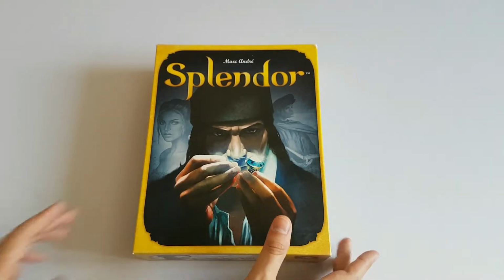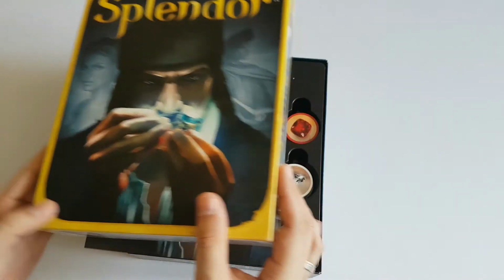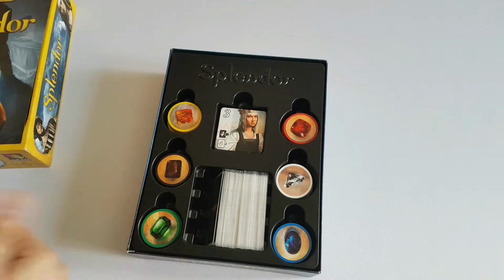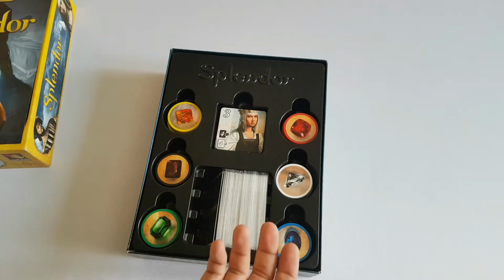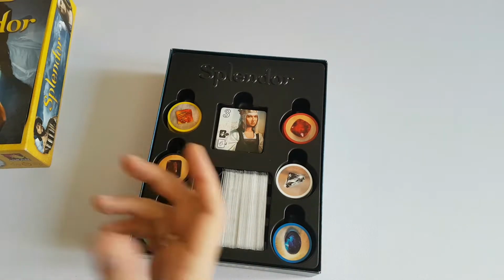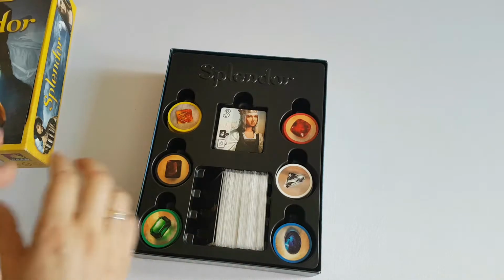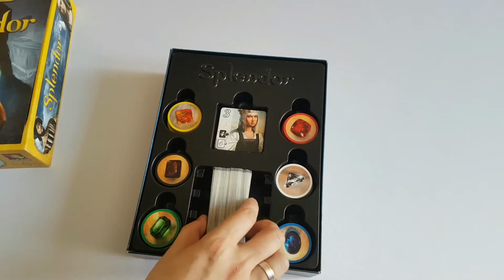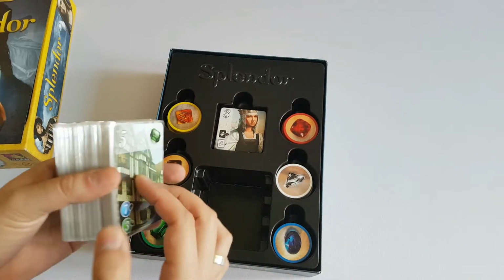Okay, so Splendor is a really great game and it already comes with an insert. So you ask yourself, why should I get another insert for a game that already has an insert? And there are still no expansions, one is in the making. Well, I'll show you why, because even though the Splendor insert is really great, I have two problems with it. First of all, it's